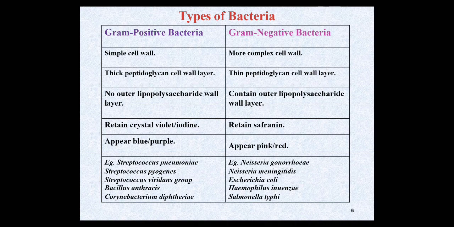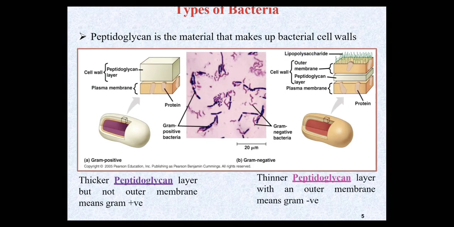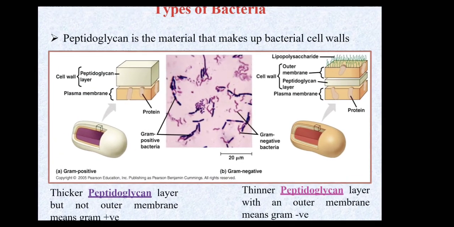See, there are two types of bacteria, gram positive and gram negative bacteria. So we'll see distinguishing characteristics between the two. Gram positive bacteria has a simple cell wall compared to gram negative bacteria, and a thick peptidoglycan cell wall. Gram positive bacteria contains the thick peptidoglycan cell wall layer, and in gram negative, a thin peptidoglycan cell wall layer is present. See, this is the figure which shows the gram positive and gram negative bacteria structure.